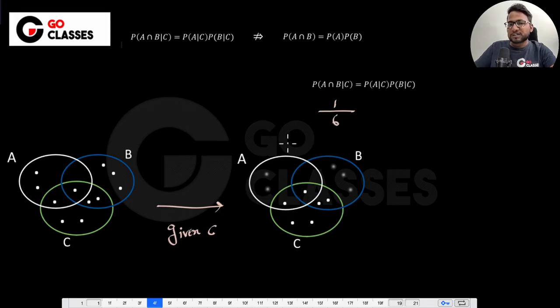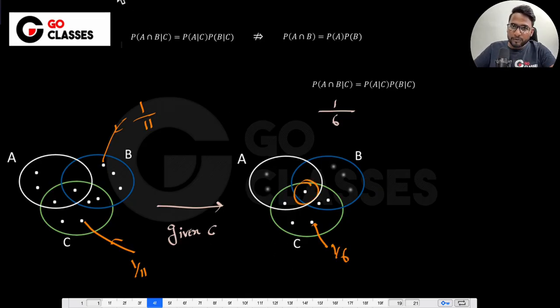Out of 6. So basically see what is happening: earlier everything was equally probable, with 1 2 3 4 5 6 7 8 9 10 11 elements, so everything is 1 by 11. Now here also everything is equally probable, but the only difference is that it will be 1 by 6. That's the only difference, right? Here you have 1 by 6 because there is only one element common between A and B given C, and that should be equal to the probability of A given C